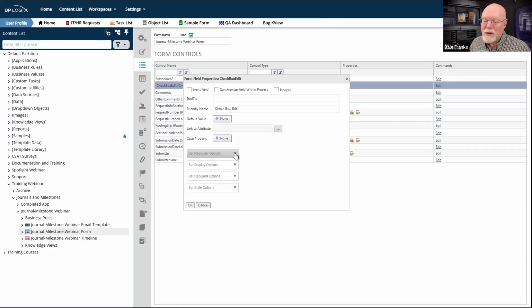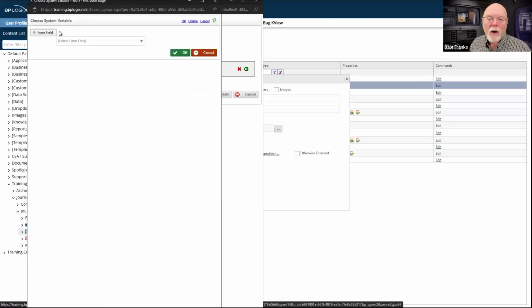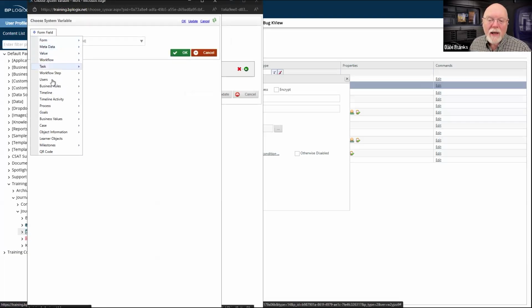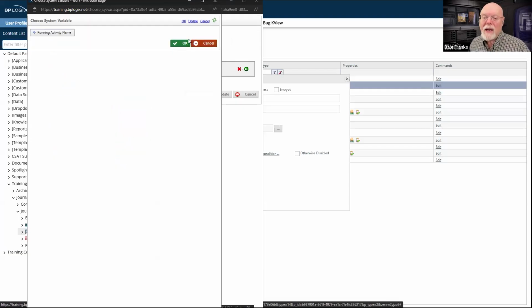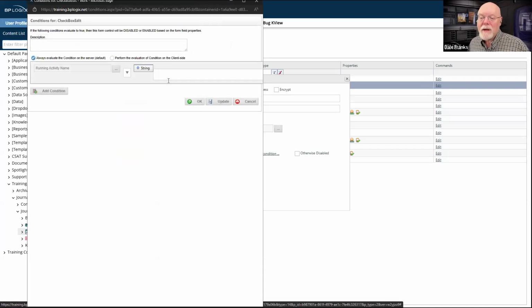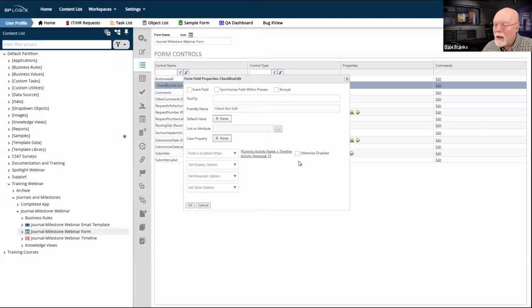I am going to set the read-only options to field is enabled when, and we're only going to have it enabled when our approval 1 activity, so timeline activity, running activity name is, and we'll just grab the timeline activity here, approval 1, and otherwise disabled.